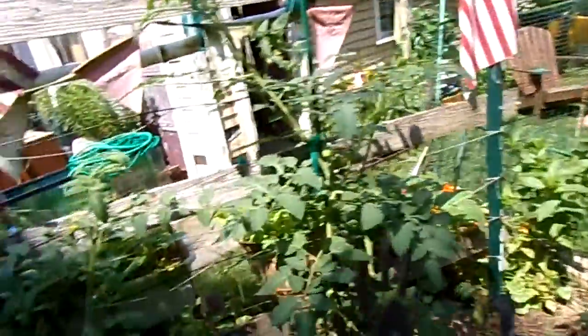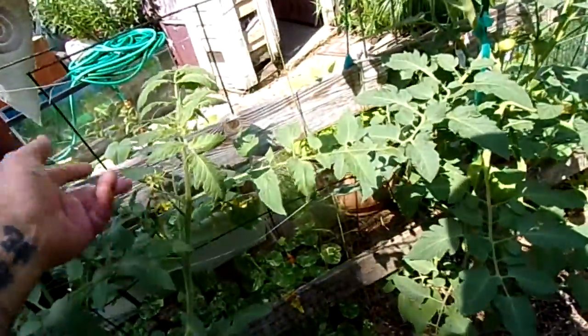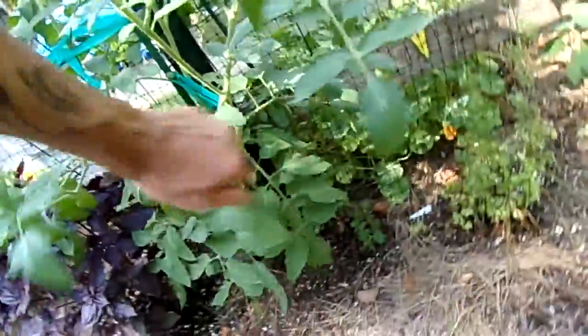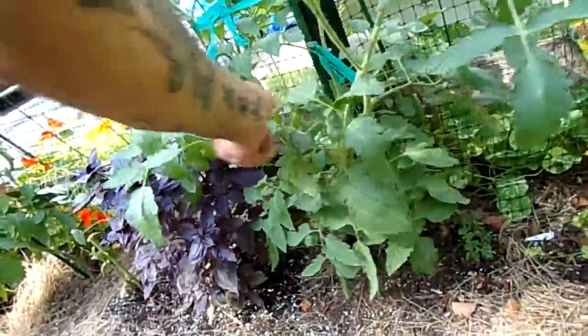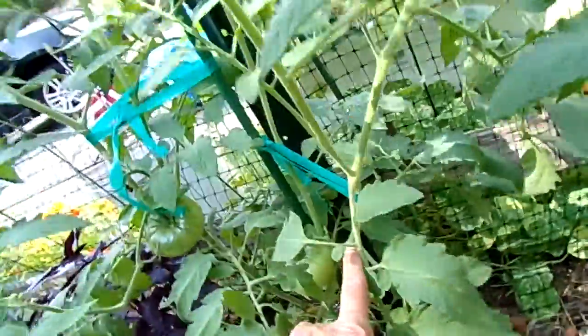There's plenty of sun. One thing also, if you want to get your tomatoes to ripen, they need sun exposure. So, some of them are being shadowed by leaves, like over here. I could trim some of these leaf stems off just so that the tomatoes themselves get more sunshine actually hitting them. And that means they'll ripen